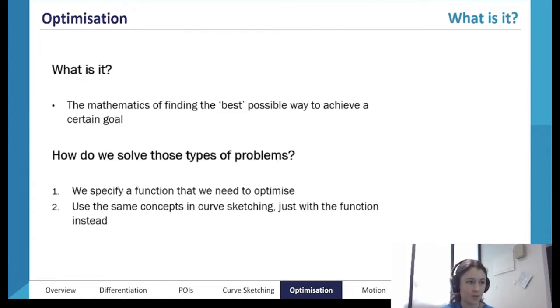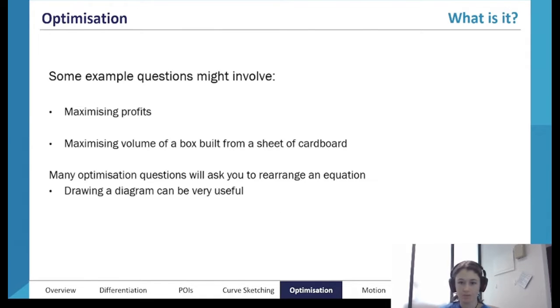The second part is to use the same concepts as in curve sketching, just with the function instead. So we're going to use our derivatives to find stationary points and points of inflection and so on, to solve these kinds of problems. So we are going to go over some examples of when you might be asked to optimize something, and then we're going to go over some actual